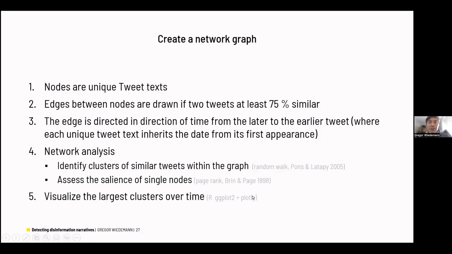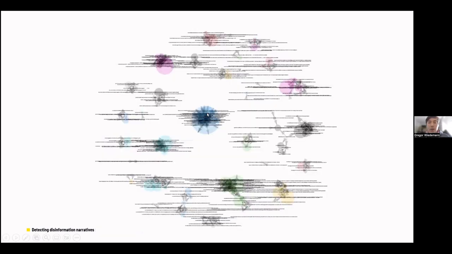So let's have a look at the first visualization of this clustered graph. And as you can see, you cannot see very much. We have here our 3,500 tweets in different similarity clusters. This network visualization is kind of hard to read because, of course, there is lots of data in it, and it's also not very handy. And the cluster structure, or the graph structure, is maybe not very intuitive.